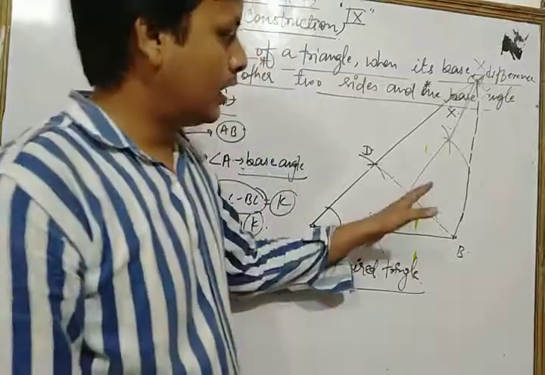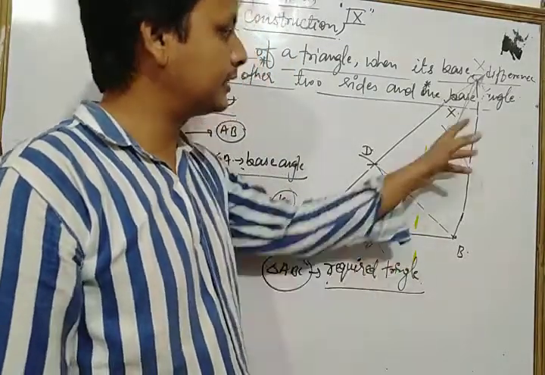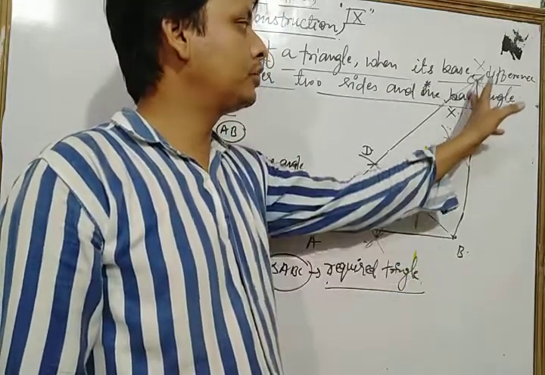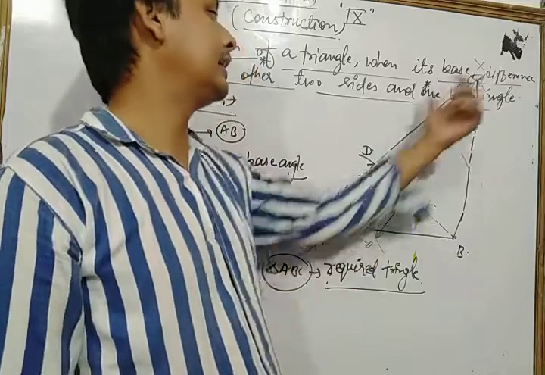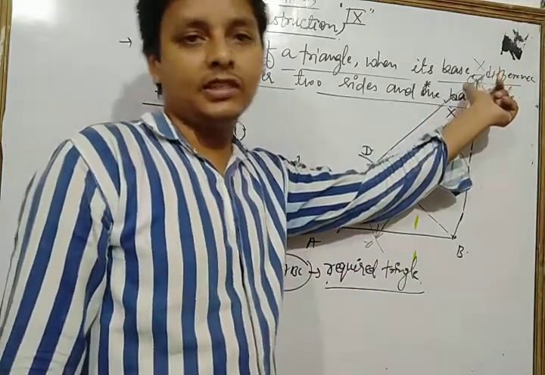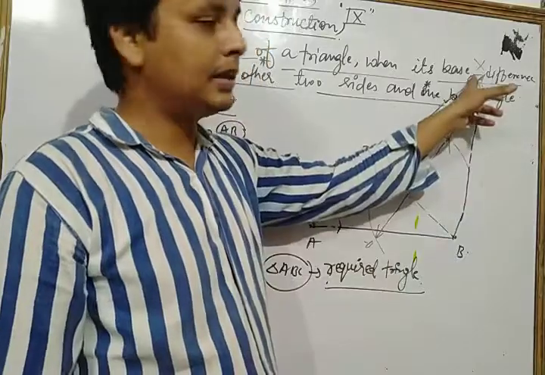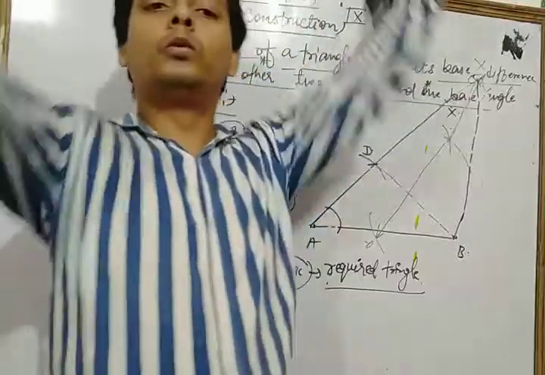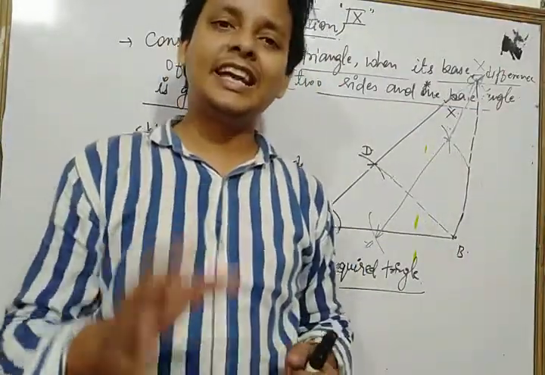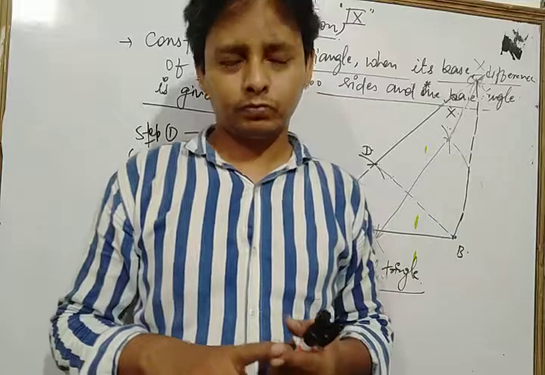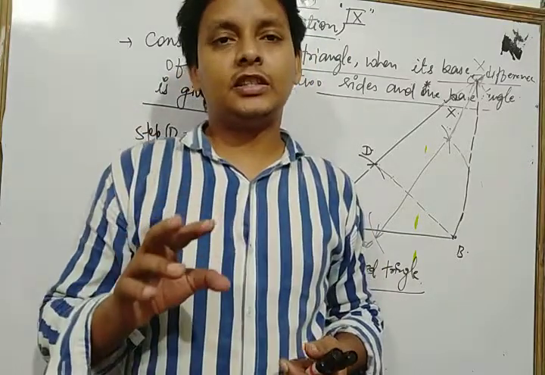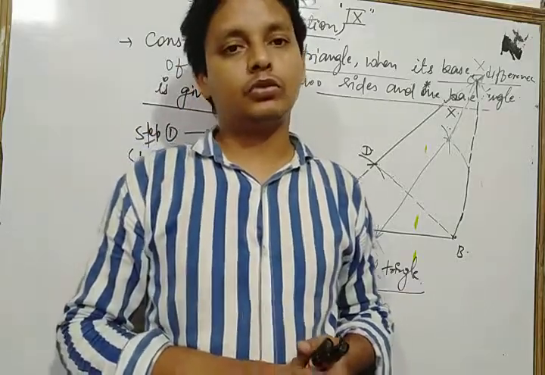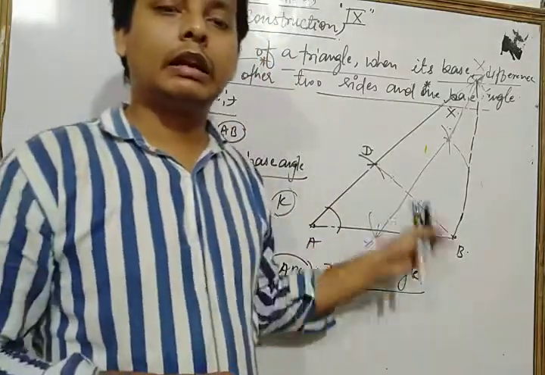You know very well the process of construction of the perpendicular bisector of any line segment. After that, suppose these are the intersecting points. Now we join these intersecting points of the arcs and produce some distance, which cuts the ray AX at some point C. Now we join BC. Now this is our required triangle ABC. So this is the whole process to construct any triangle when the length of its base, the difference between the other two sides and one base angle are given.